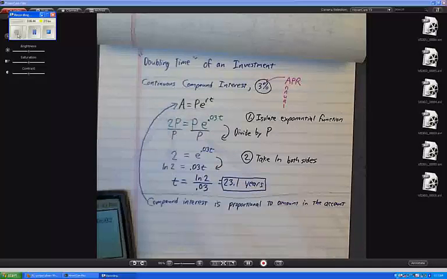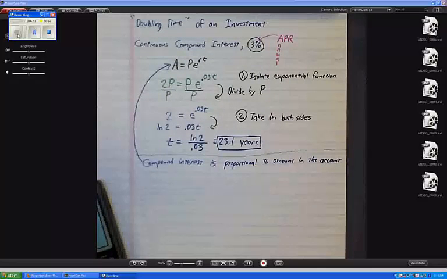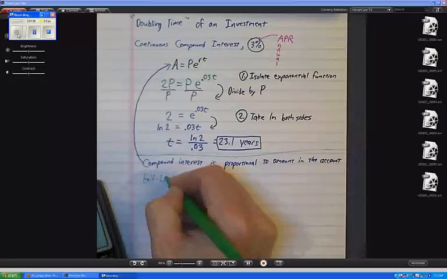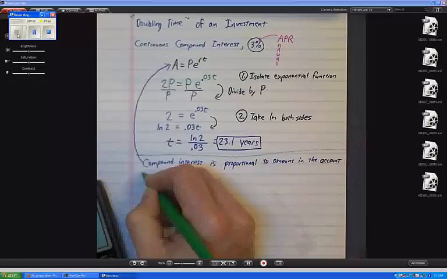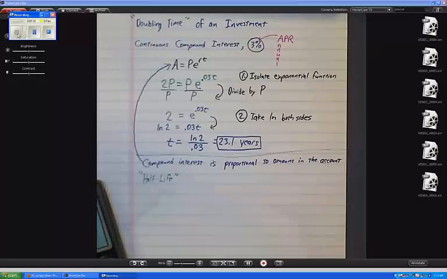Okay? Now, we started to talk about this idea called half-life last time. So, what is half-life? Well, half-life is kind of like doubling time. But we're not talking about money anymore. We're talking about some element or some isotope, something from the chemistry class. A substance on the earth that's radioactive, right? So the idea is that